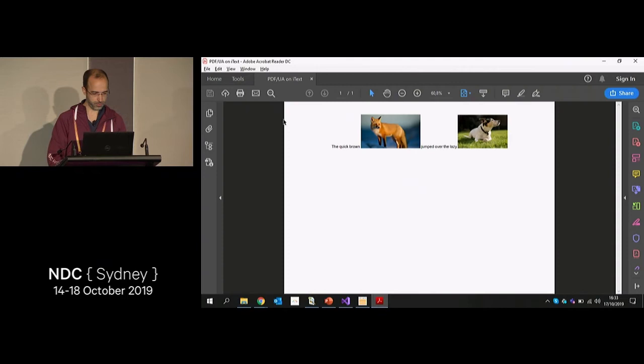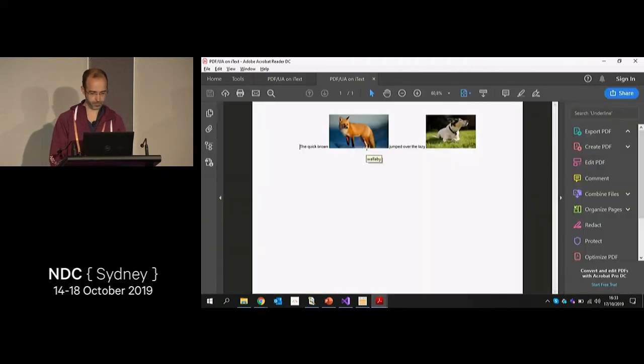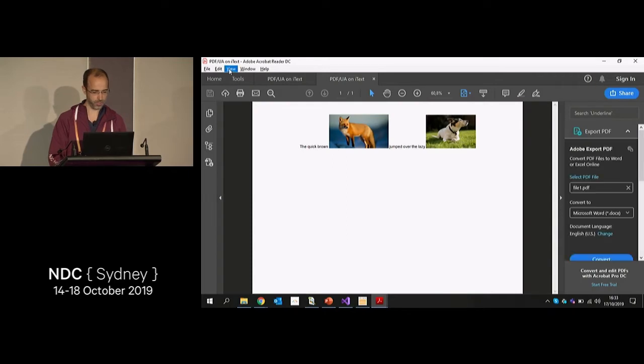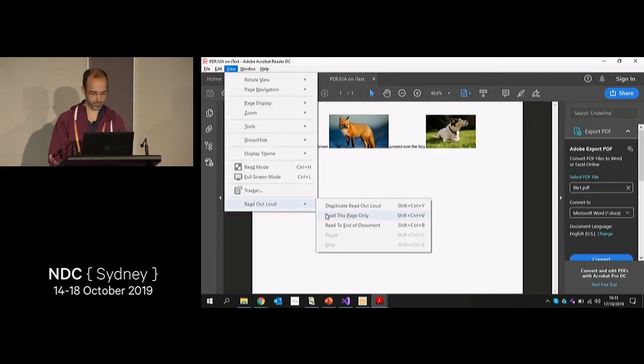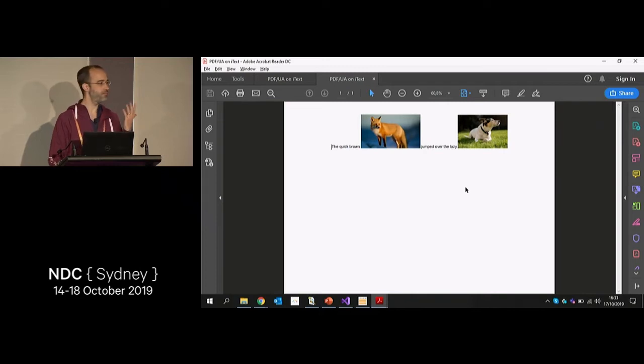Okay, so if I just opened this file, well, you kind of already saw the expected outcome. The quick brown wallaby jumped over the lazy wallaby. Right? It works. So all we have to do is go through all the PDFs on the internet and update the description on it manually. Easy peasy, right? Only 1 trillion PDFs. Super easy.